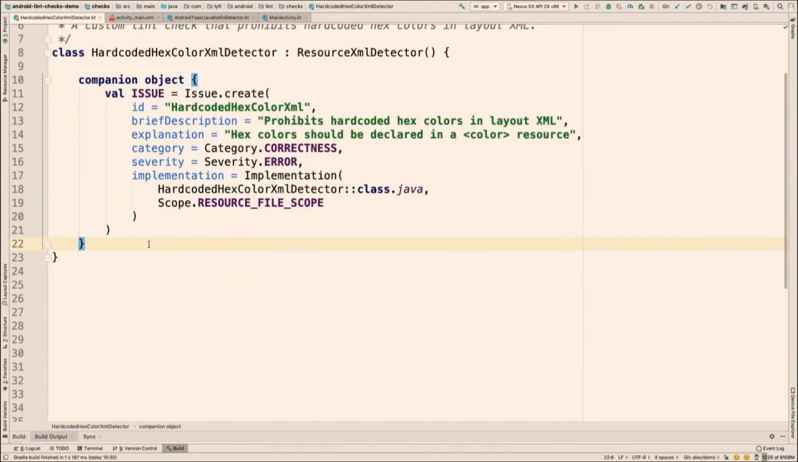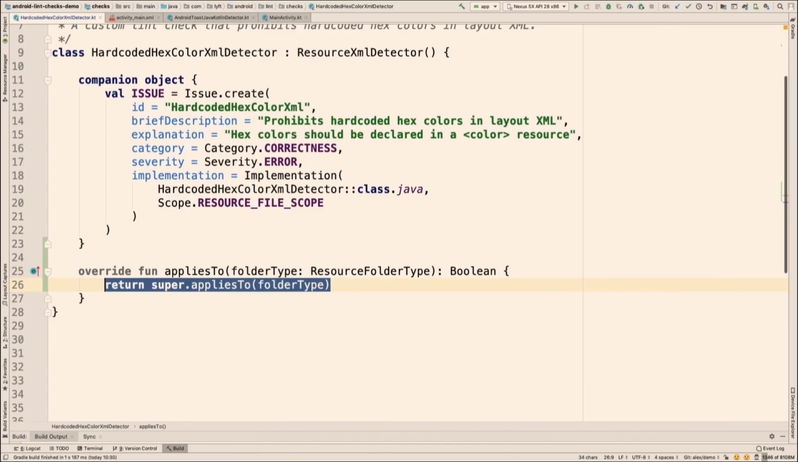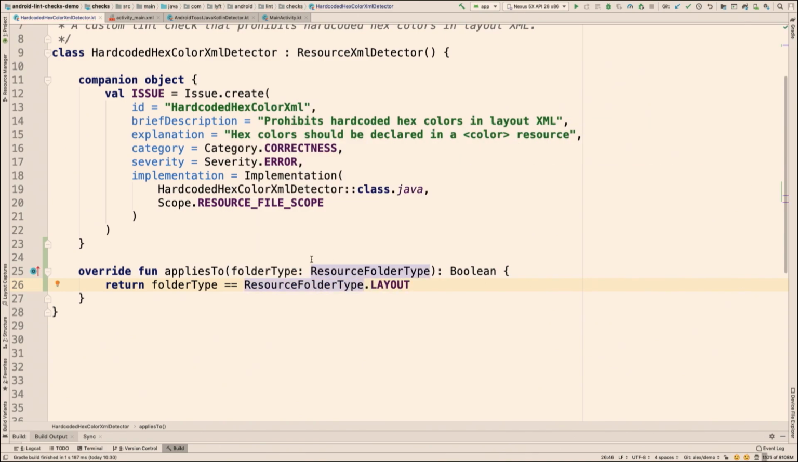And each detector has a huge number of lifecycle methods that will be overriding in order to actually control the behavior of the lint check. So the first thing that I want to do here is say only scan layout XML files, right? And in order to do that, I have this handy method called applies to. This is called each time before the lint check is actually run, and it passes me a folder type. And what I want to do is just return if the folder type is equal to resource folder type dot layout, right? So at this point, I have a lint check that will just scan all layout files